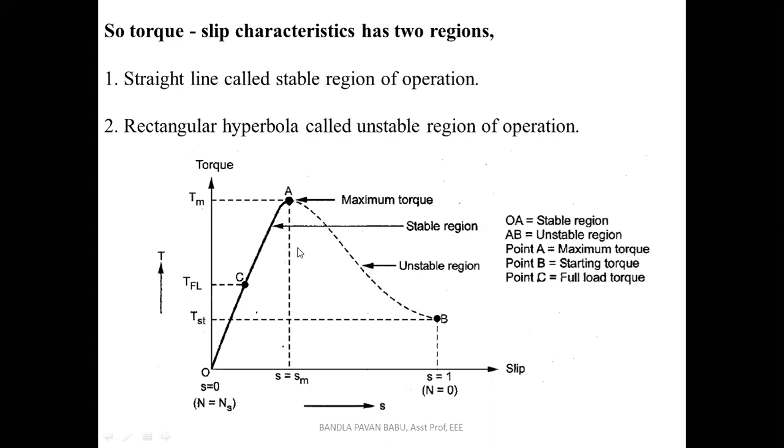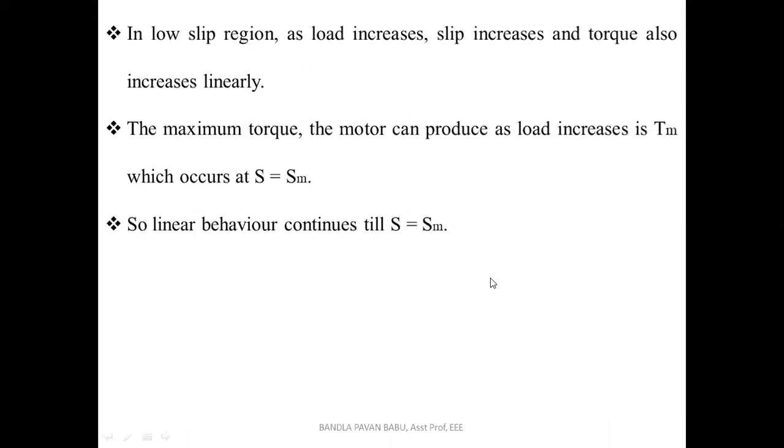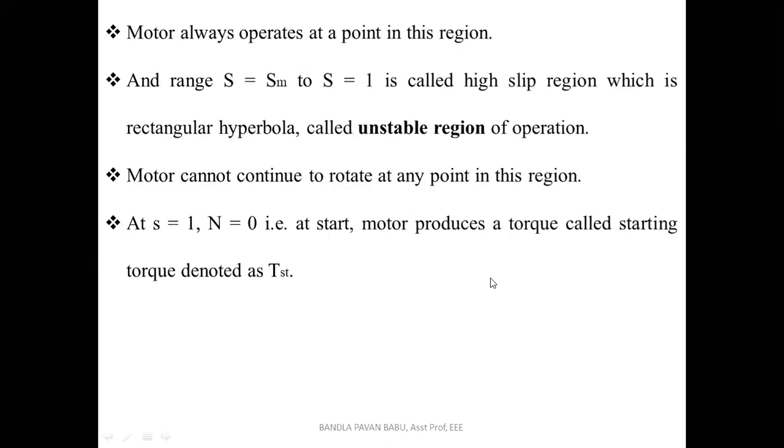That is, T is proportional to S, T is inversely proportional to S, and how it acts. If the slip is increasing, what happens to the torque, and if the slip is reduced, what happens to the torque? All these points we need to mention. I mean, we need to conclude that from this graph. So that is the performance of the torque slip characteristics.